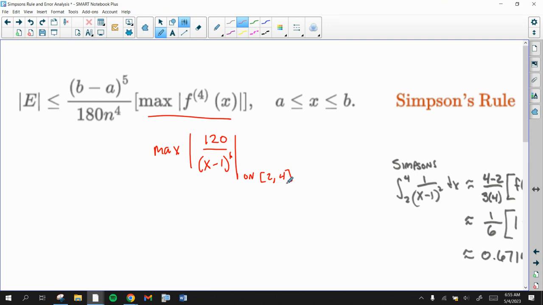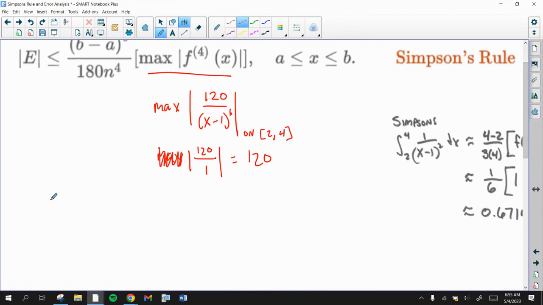So this is going to work out the same way. We're looking for the smallest denominator, which would give us the maximum value of the fraction. And going from 2 to 4, that's going to be 2, because anything bigger than 2 would make the denominator bigger. So our maximum would be 120, well, we don't have to put max because I know this is a max, over 1 to the 6th. So now again, that's it. Now we just plug in,